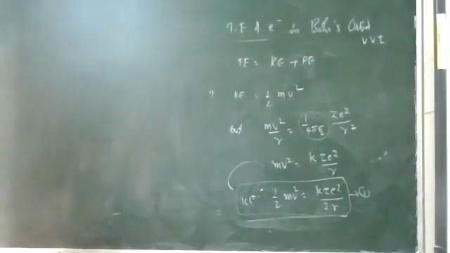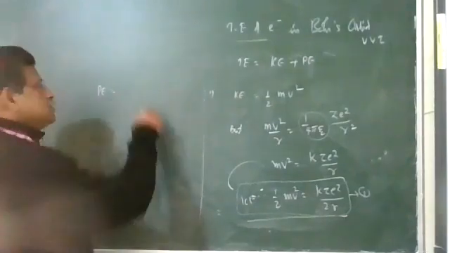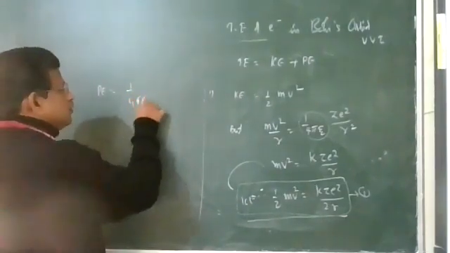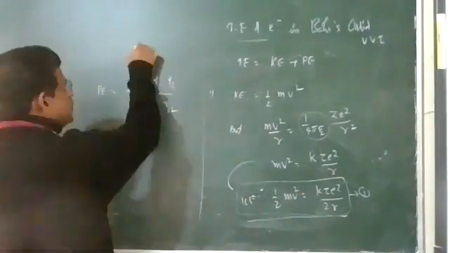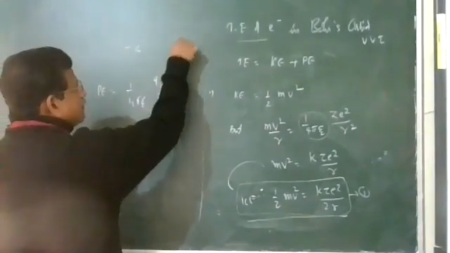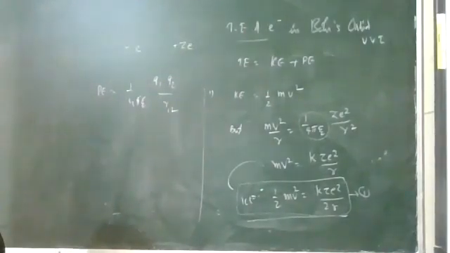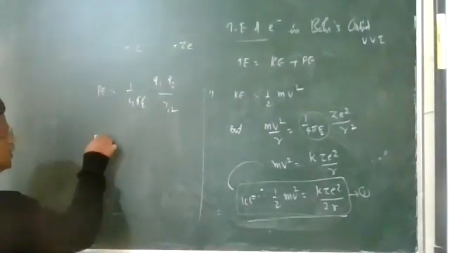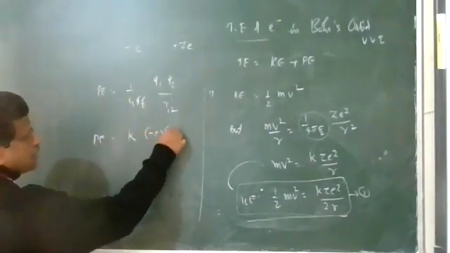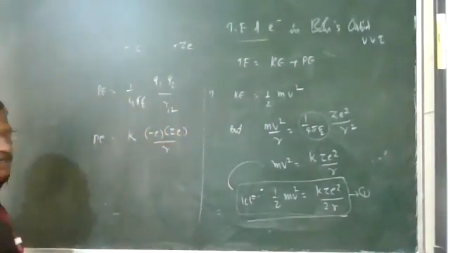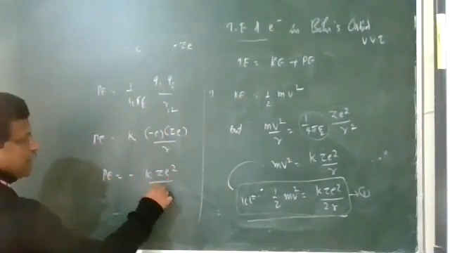What about the potential energy? Potential energy is because of the position. When charges are there, then potential energy is 1 by 4 pi epsilon 0 times Q1 Q2 divided by the distance between them. And what is the electron here? It is a negative charge, and the nucleus has the charge Z. So what is the potential energy of the electron in presence of the nucleus? It is 1 by 4 pi epsilon 0, k, times Q1 which is minus e, the charge of the nucleus Z, divided by the distance r. So potential energy is coming as negative: minus k Z square divided by r.